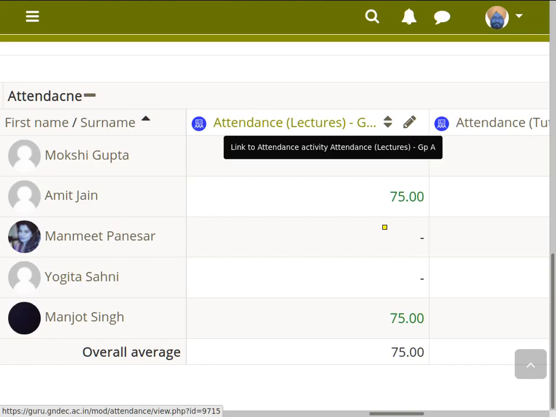Next, other type of lectures. So this is an attendance activity, which is a lecture for our group A only. So only group A students will attend. These are the students who belong to group B and they have not attended it. So that's why here it is a hyphen, and that's why we need to set that consider all empty grades should not be considered. So we are not going to consider these items for students who do not belong to group A.